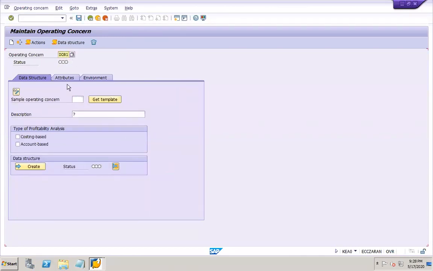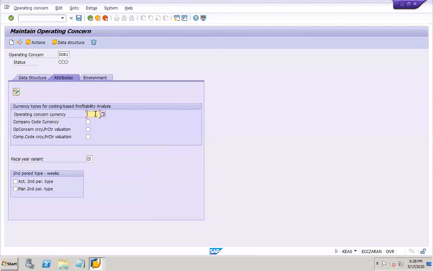So I'm creating a new one. In the beginning, all these three circles are ash color. I give the description. So if you want to have both types, you can select. Okay, I will be showing you configuration for both. Now I go to attributes, currency,